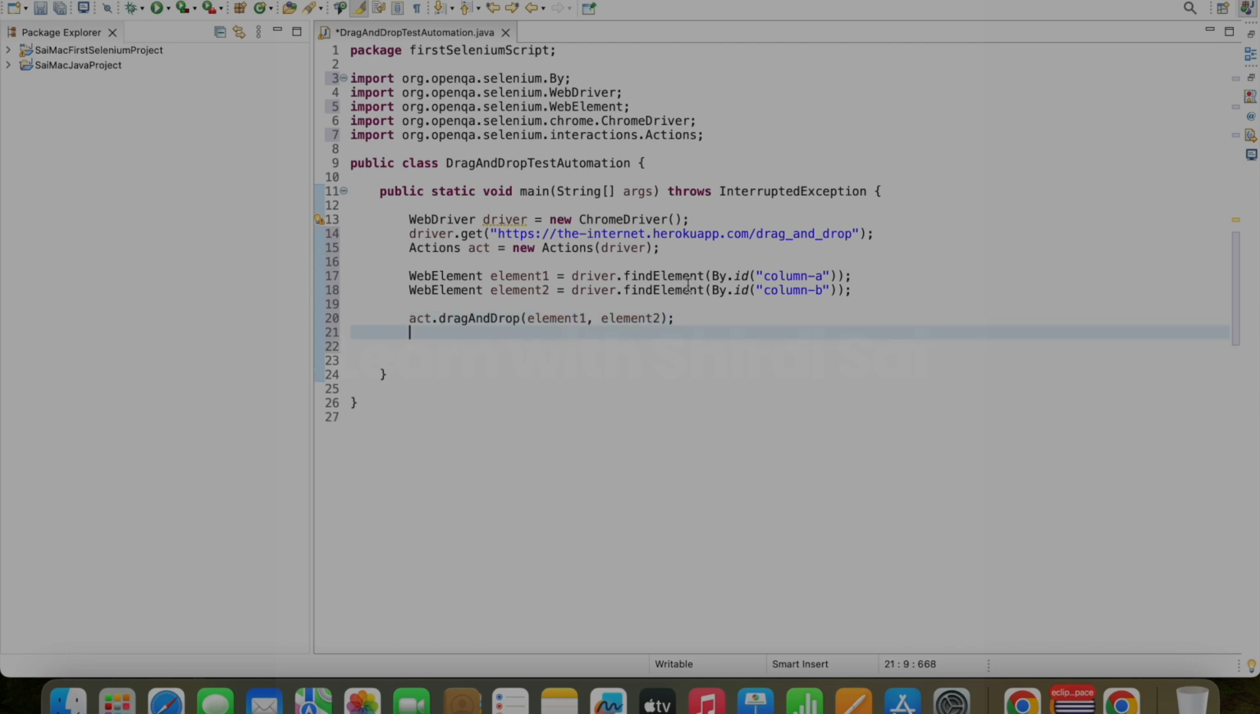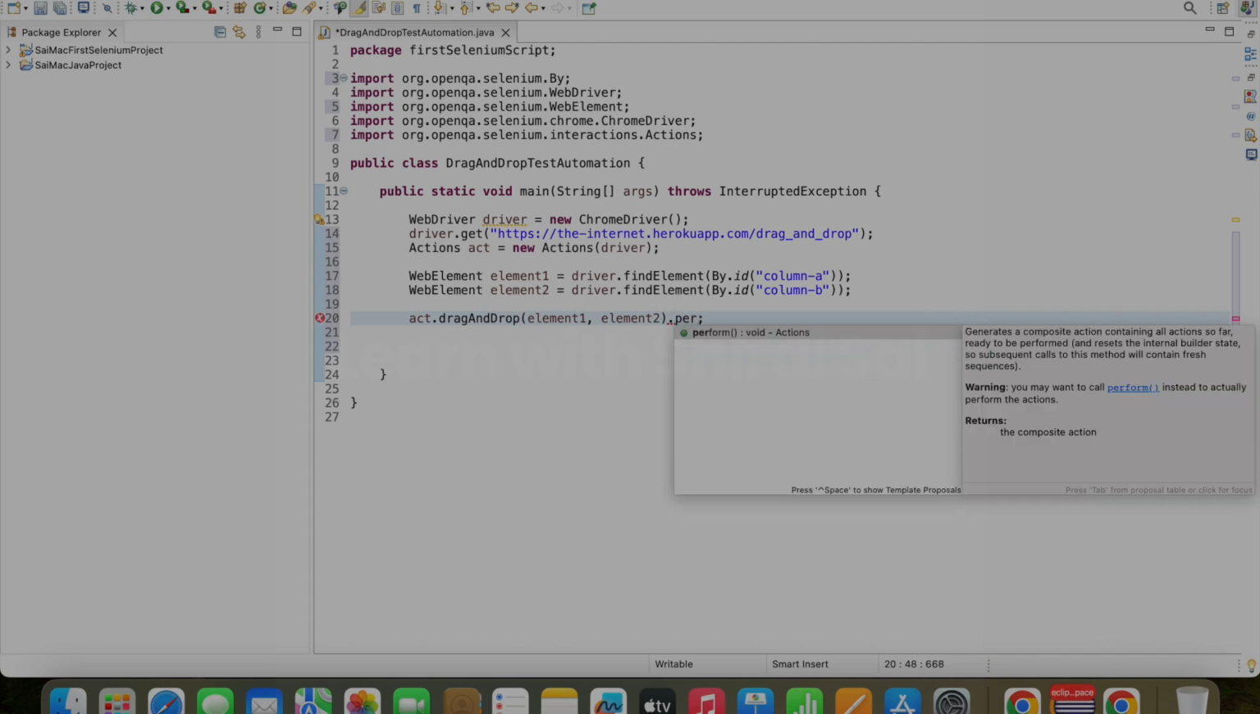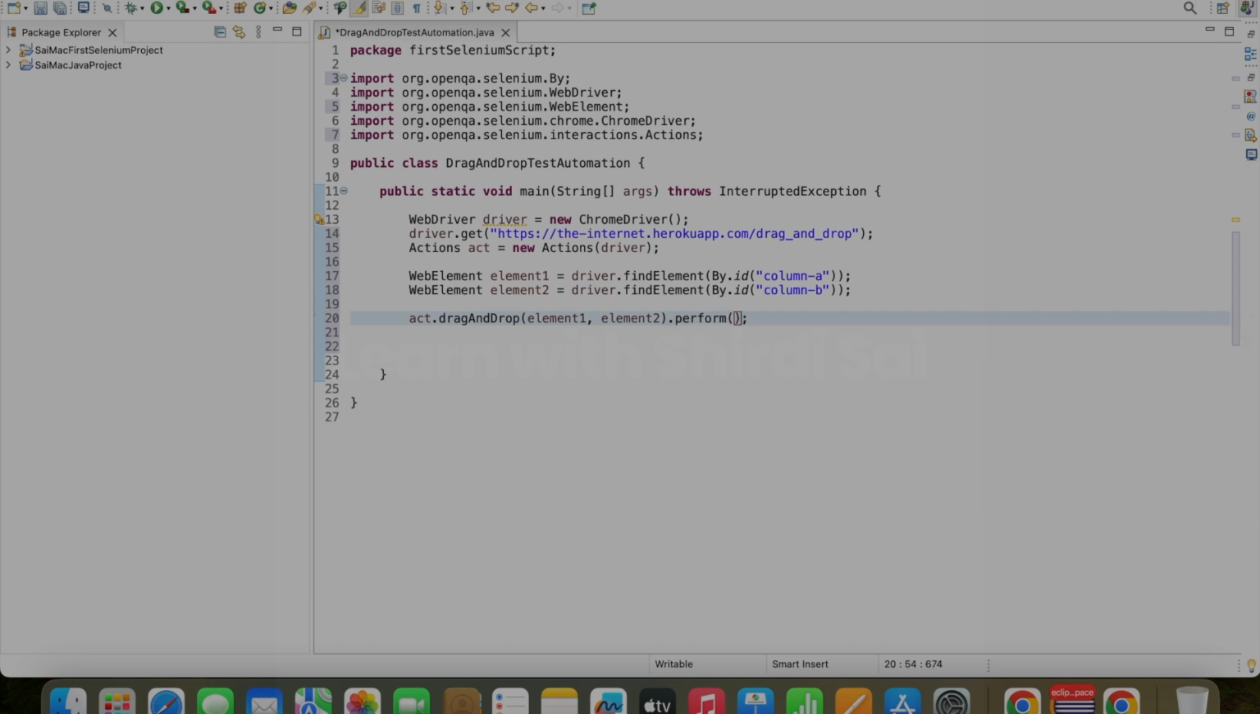Now we have written this code. So if you run this code, it will not run. Okay, after dragAndDrop, you always need to give perform. If you do not mention perform, that will not work. Okay, so don't forget this particular method. If you are not giving it, it will not work. Okay,